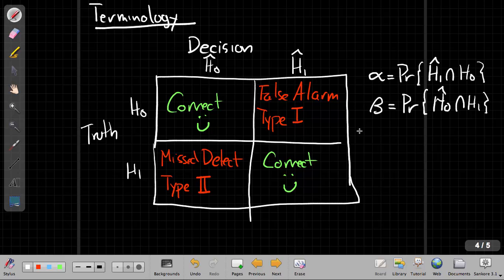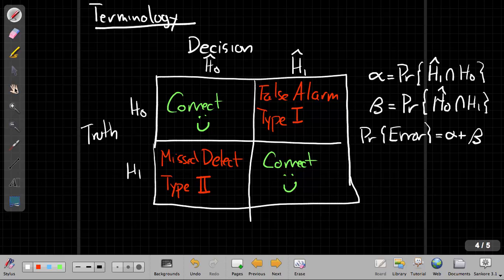And then overall, the probability of error would be alpha plus beta, right? How likely I am to have H0 be true and guess H1, and these are disjoint, mutually exclusive events, so I can add their probabilities. And this covers all the ways an error can happen, right? It has to be one of these two off the diagonal. So sort of hidden in that,